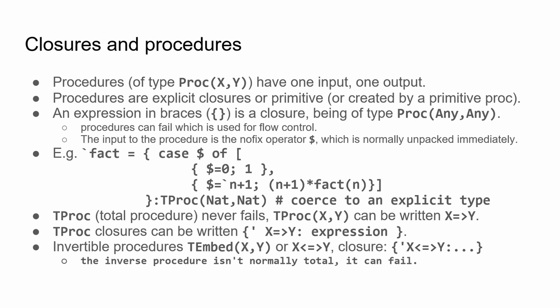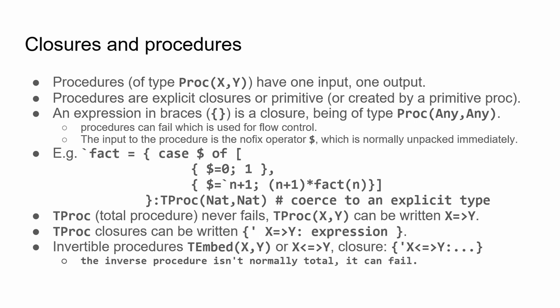Yes, I know people don't like this, but anyway, it makes life easy, and basically we can easily unpack $ as the very first thing we do, and that's not a lot. It doesn't turn out to be a lot different from associating identifiers with the input in some other way. So here's an example of the factorial thing. It's basically the same code as we saw before, except we give it as a closure,